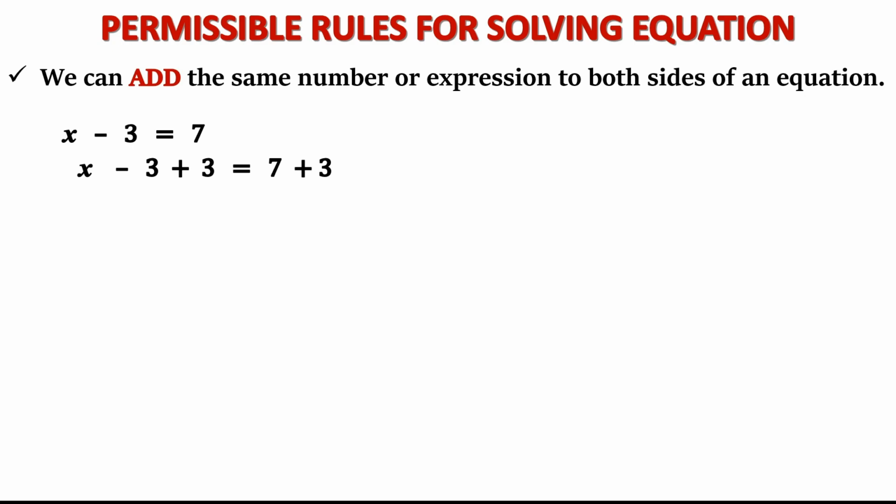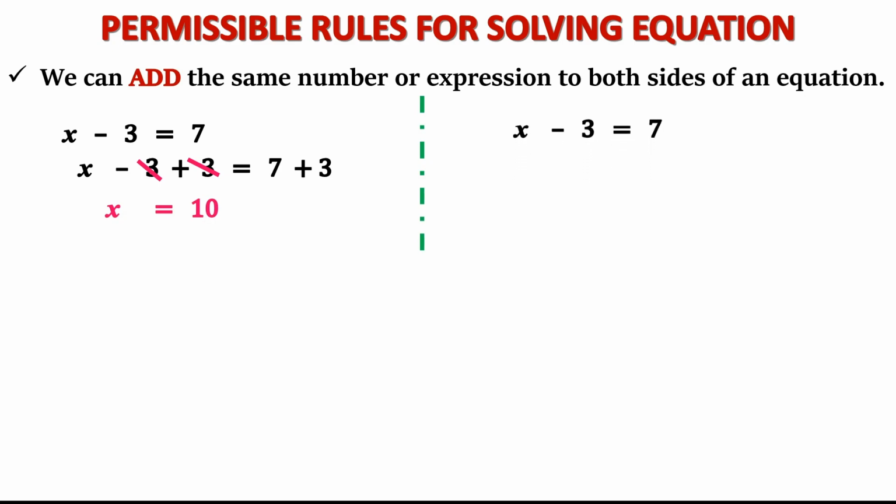See, to remove minus 3 I have introduced plus 3. It is just opposite and they will cancel each other. But whatever I have done in the left hand side, I have introduced plus 3, so I have introduced plus 3 in the right hand side also. Now, in the left hand side, plus 3 minus 3 gets cancelled, and what am I having here? Straight away the value of x, which is 10. Because in the right hand side, I am having 7 plus 3. So, these steps can be made more simple in the following way. Let us see.